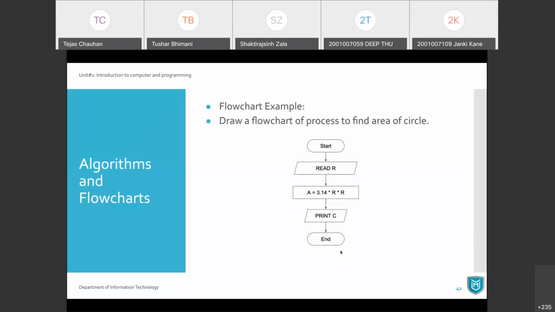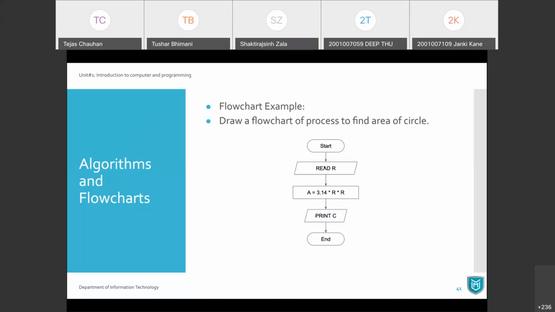When we start, the first thing we require is the radius of the circle. In the algorithm, it was the input. In a flowchart, input is a slanted rectangle, a parallelogram, and inside that we say read R. Read means take an input for the radius.